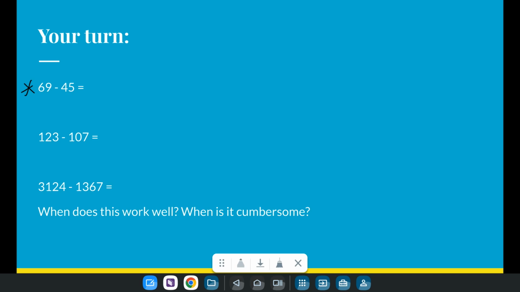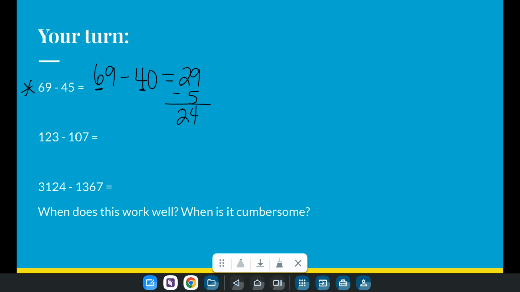I'm going to go ahead and jump back in and think about 69, and we're going to take away 40 and then 5. So we're going to first take away 40, and when we jump back 4 tens from 69, we're going to land at 29. Okay, because again, the tens place is the only thing that's having to adjust, and it's adjusting by 4. And then we do 29 minus 5, and we can just know that that's 24